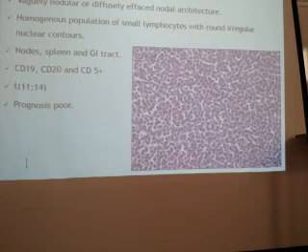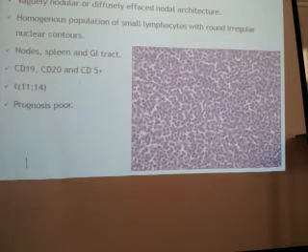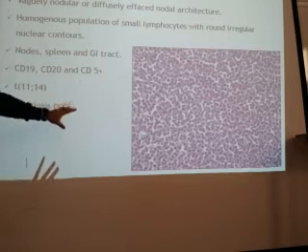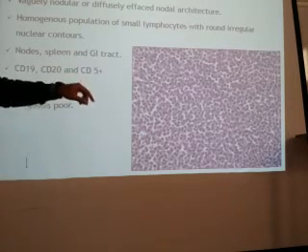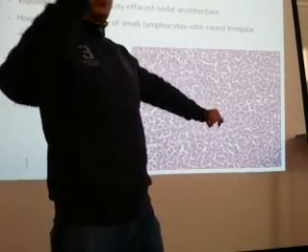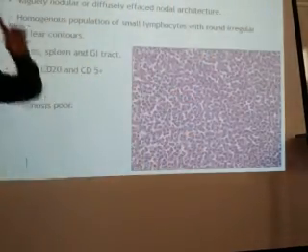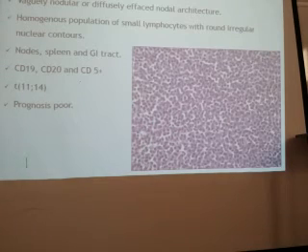Now, how will you differentiate between mantle cell lymphoma and small lymphocytic lymphoma? CD5, very important. Here they are CD5 positive, and CD19 and CD20 also positive. In the other, they are also CD19, CD20 positive, but they are CD5 negative. This is the differentiation between the two. Also here you will find the 11;14 chromosomal translocation, and this has a poor prognosis. Morphologically you will not find the proliferation centers, the prolymphocytes. In small lymphocytic lymphoma, you find the prolymphocytes. Here, no prolymphocytes and CD5 positive. That is CD5 negative. This is the differentiation between the two. Very important.